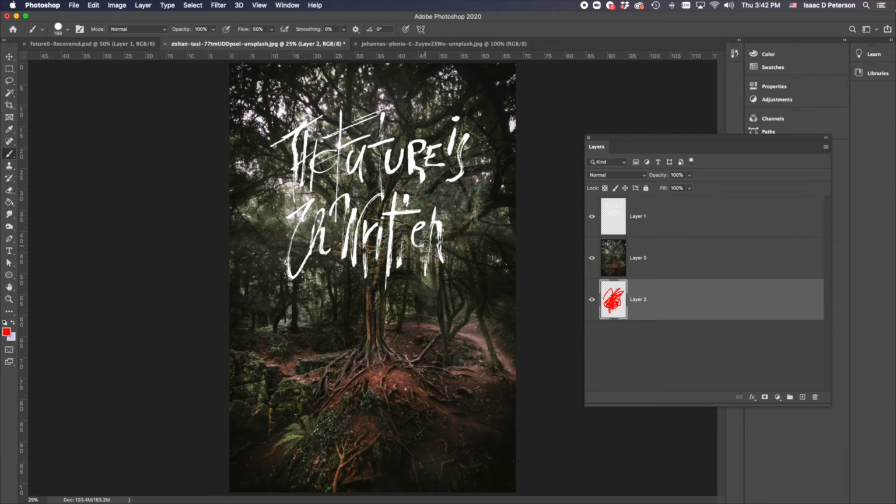So any frustration you have, anything where you think, this is not what it's supposed to do, I don't understand, I can guarantee you can solve that frustration by just opening the layers palette and